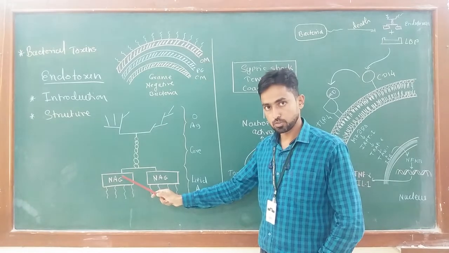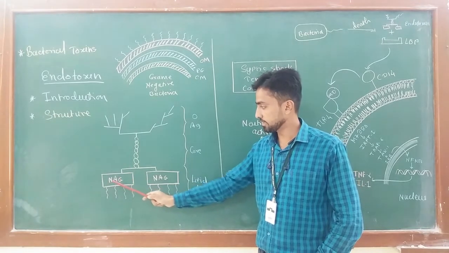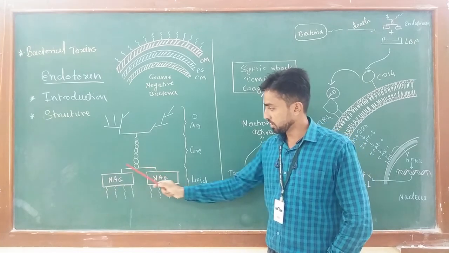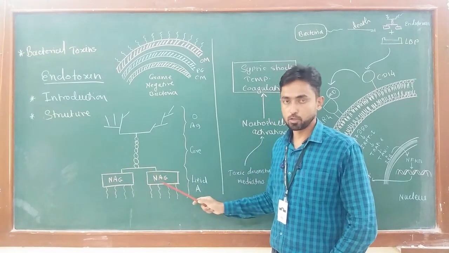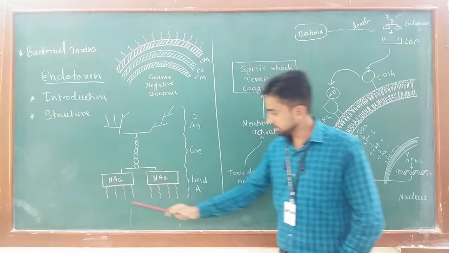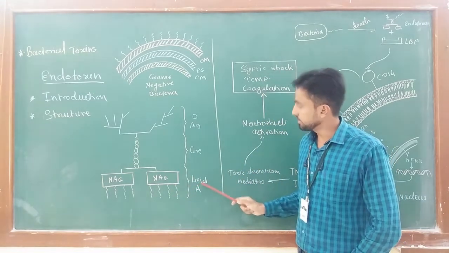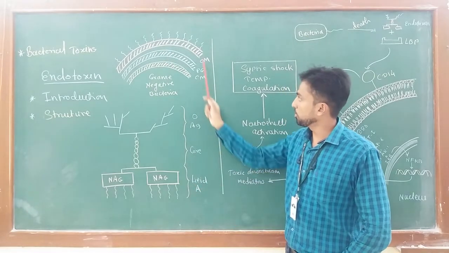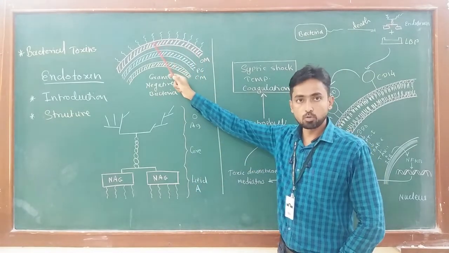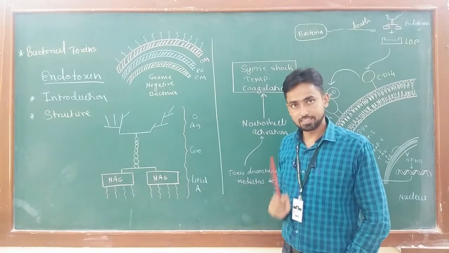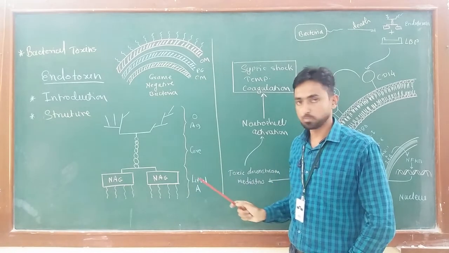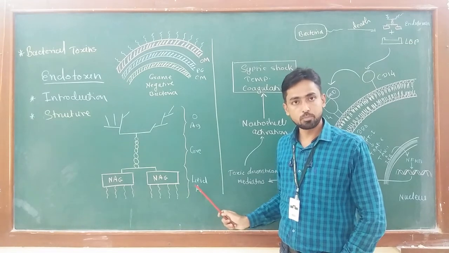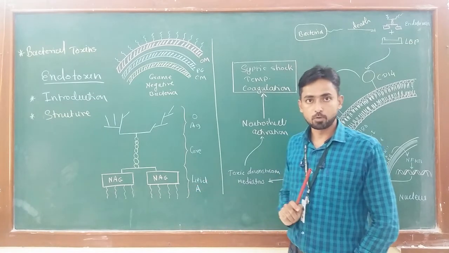two sugar molecules, NAG, that is N-acetyl glucosamine, connected to another NAG through fatty acids and phosphate molecules. This is the component which is present in the outer membrane. That means lipid A always remains embedded in the outer membrane of the gram-negative bacterial cell wall, and this is the part of the endotoxin which is responsible for toxicity. It is non-immunogenic but has toxic properties.